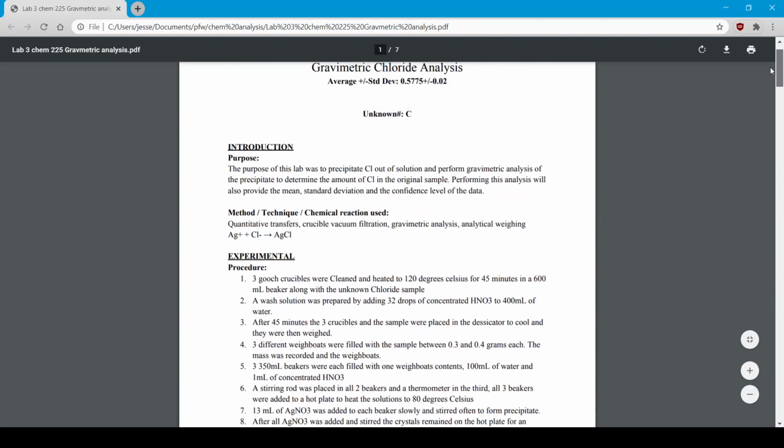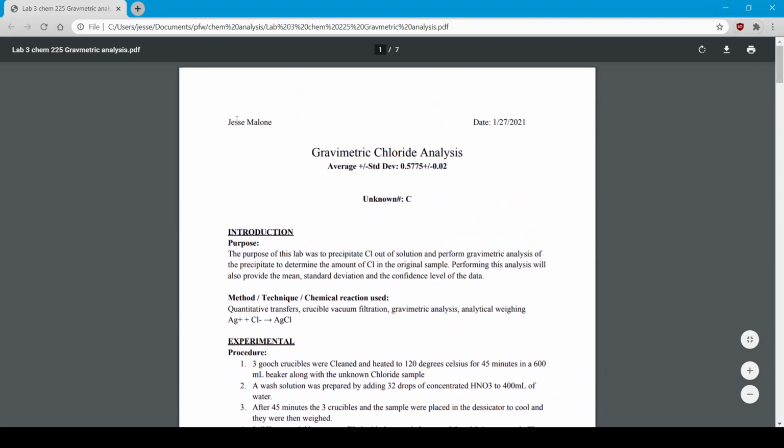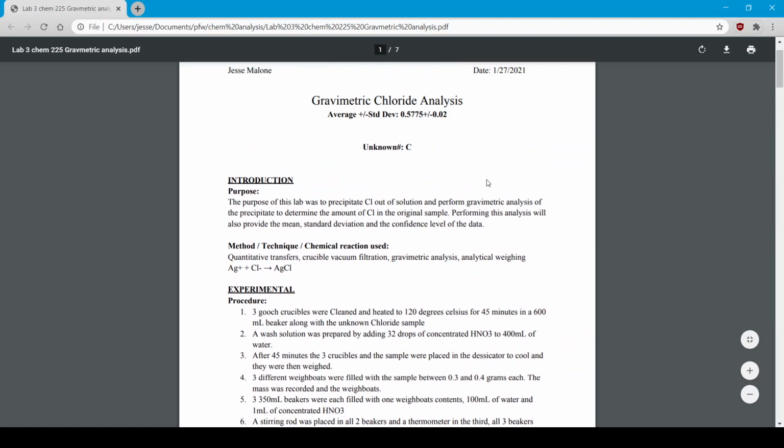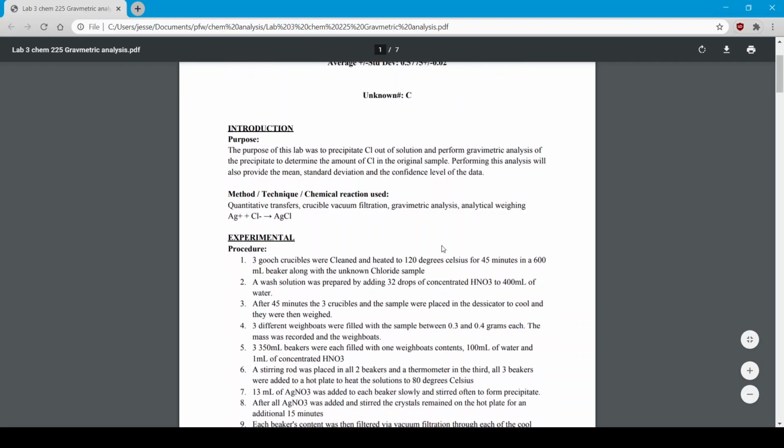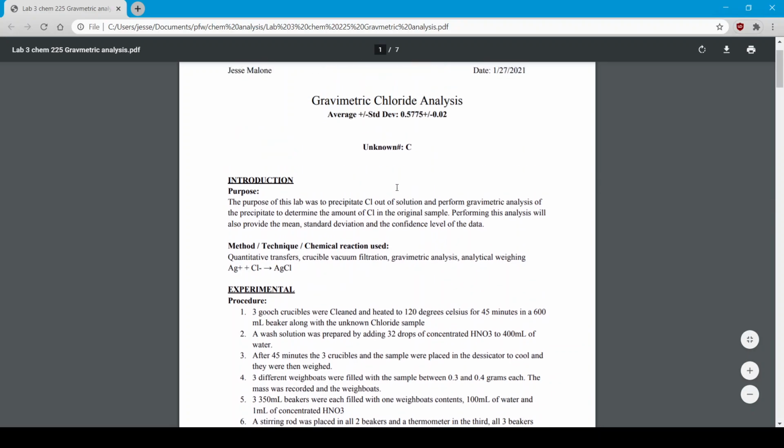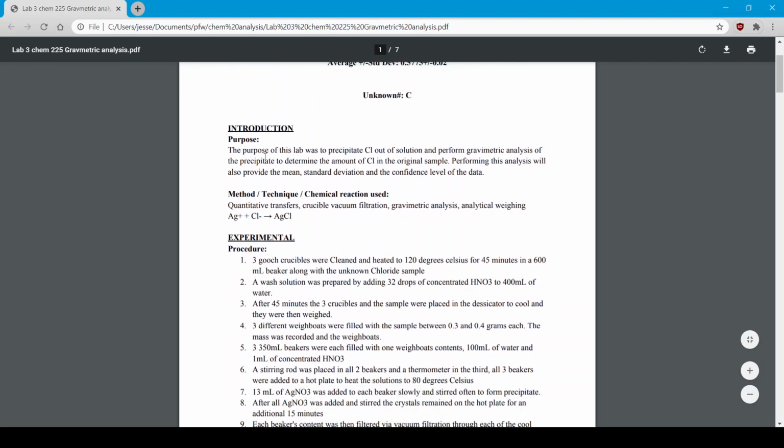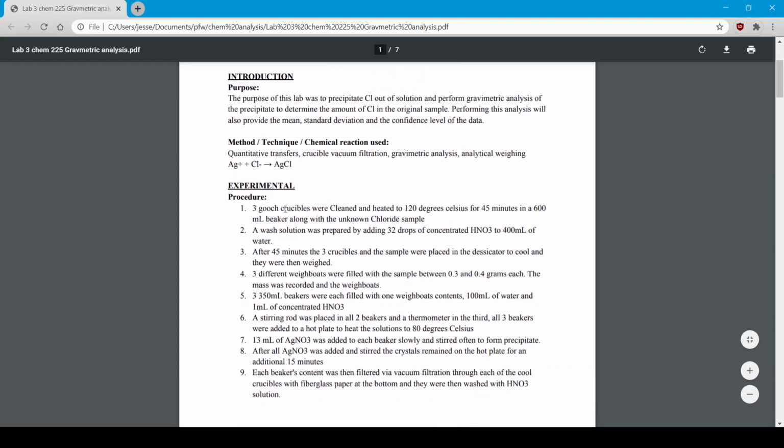So basically, in summation or review, you have your name, the date, the title of your lab that you're performing, your mean plus your standard deviation, which is optional in a lot of cases. Well, it's not optional in this case, however, I mean optional as in all of your lab reports aren't necessarily going to require these values to be at the top. Your introduction, which is the purpose of the lab, where you introduce the purpose and the reason you're performing the lab, the techniques, the reactions, and the methodology used. So, chemical reaction that occurs during the lab, what you did, experimental procedure,